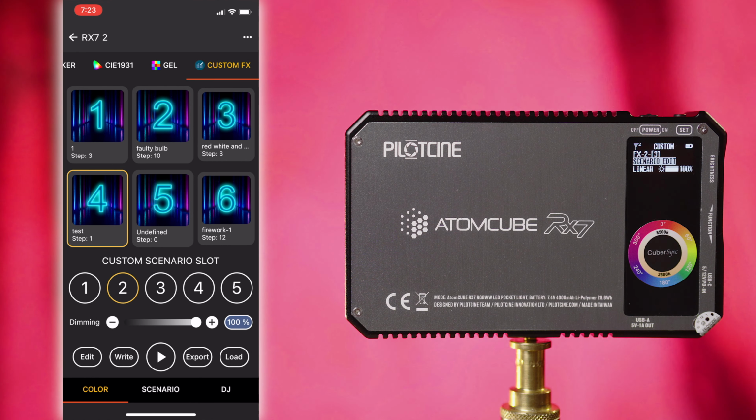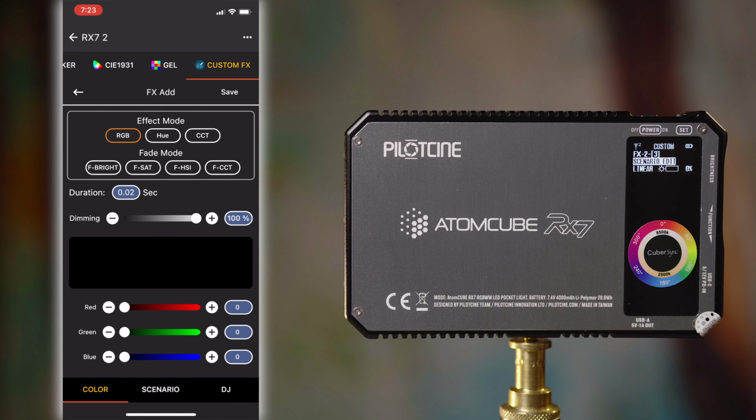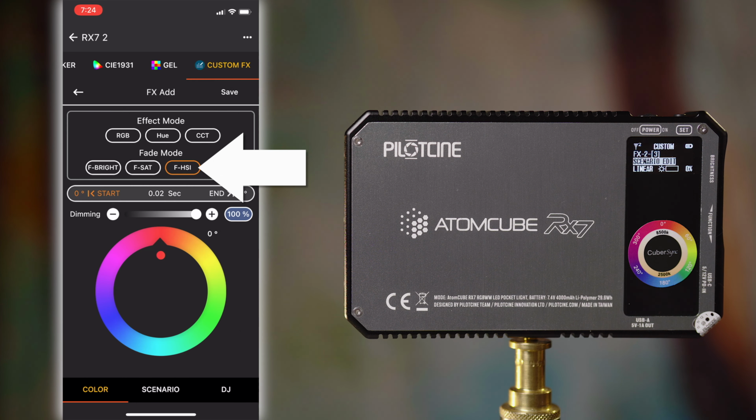And you can see there it starts out kind of white-ish and then fades into 100% saturation there. That's all there is to that. Of course, you could build multi-step effects using that and combining them with the other ways that you can program things in here. Just to show you though, let's choose Fade HSI, and now we're going to be fading between